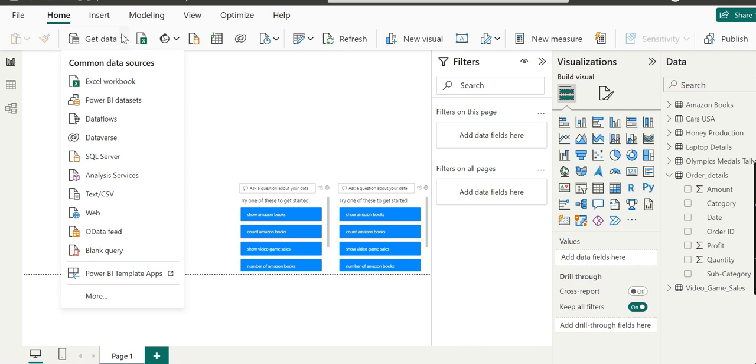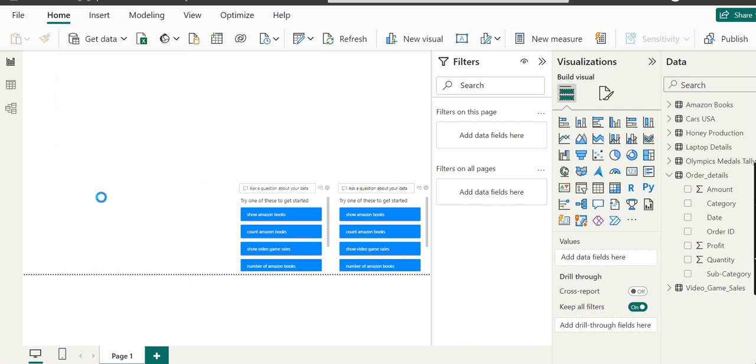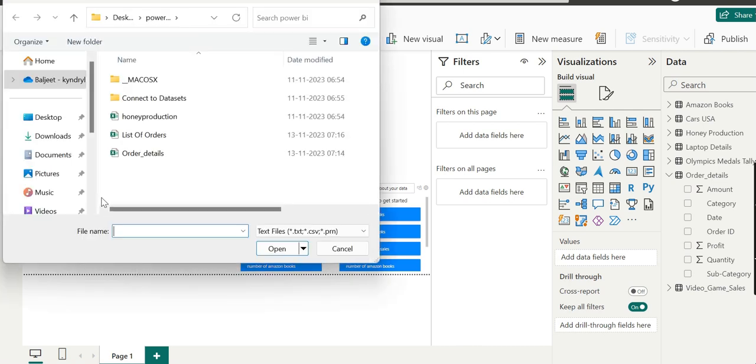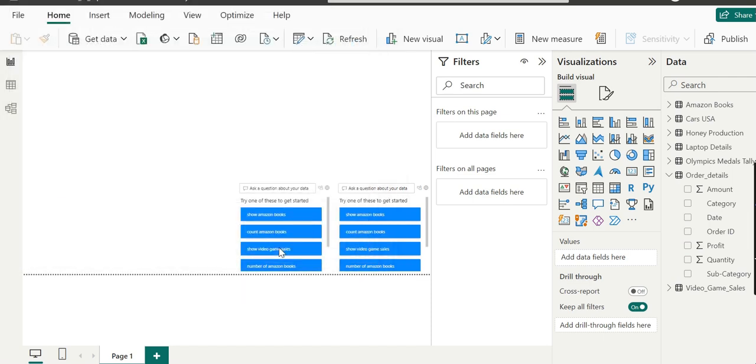Then go to Get Data, go to Text/CSV, and order details is already here. Now we will load the list of orders, just hit the button.